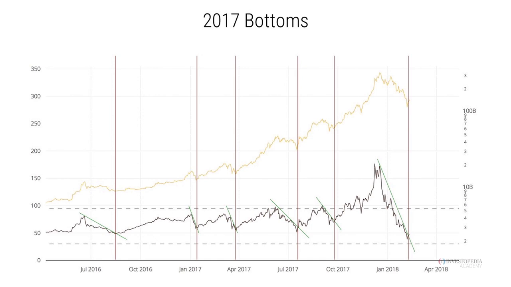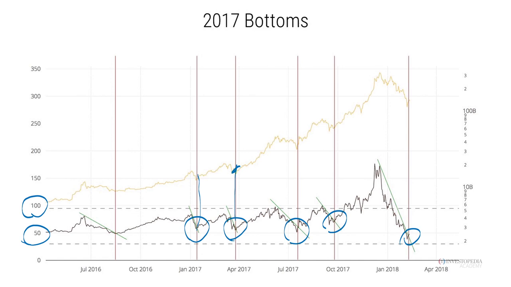One is that when network value to transactions gets close to this 100 level, there tends to be a sell-off in the Bitcoin market. The other point to make is that when it drops to about 50, it signifies a bottom. So there are some traders or investors who see value in the Bitcoin token when it drops to 50. And in fact, in 2017, there were significant sell-offs that took the network value to transaction close to 50, and these, in turn, became rallies in the price of Bitcoin.